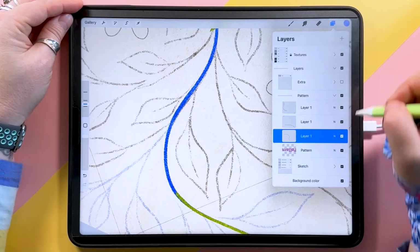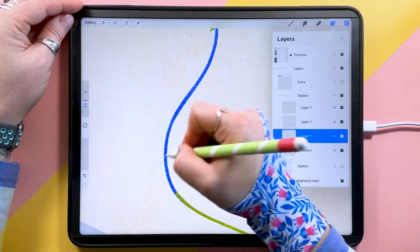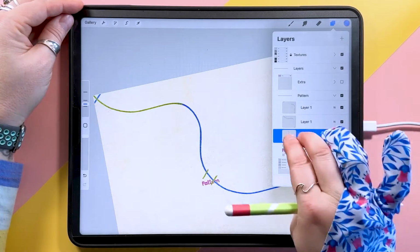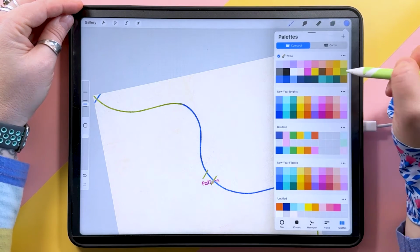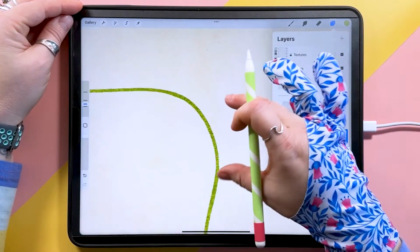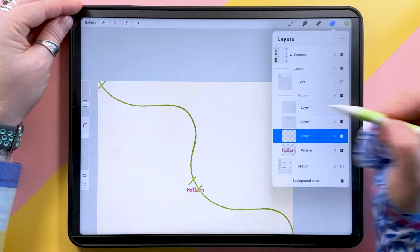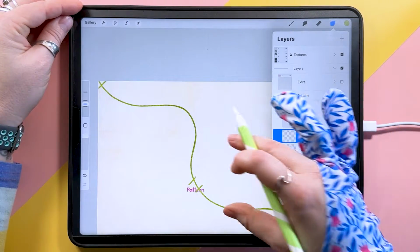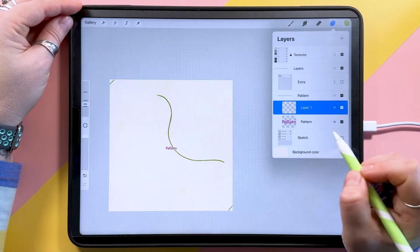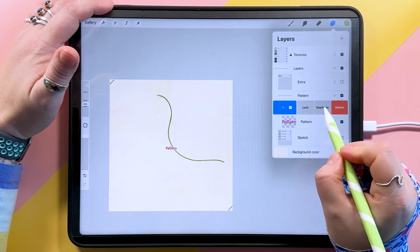I'm just going to hide my sketch layer. That's always helpful, to turn your sketch layer off, and then you can see a lot more of that line. So if I now make this green, or alpha lock that, and make that green. So you can see up here now we've got that line nicely filled out, and we've got a smooth transition from there to there. So what we can do now is delete these two ones we duplicated above it, and to test that we're happy with both ends of this, we can duplicate this bottom one again,